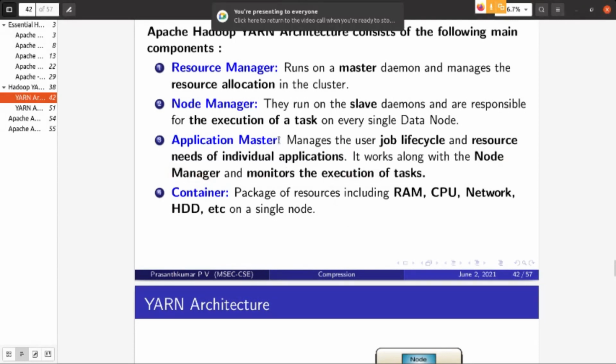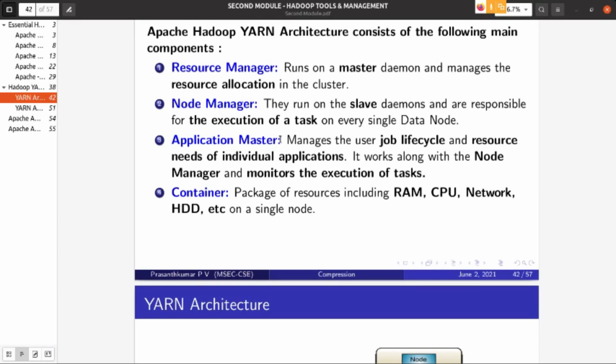So the application master is a Java process running in the node manager, and per MapReduce application running in your Hadoop cluster, you will have one application master. Its responsibility is to coordinate the execution of that task.